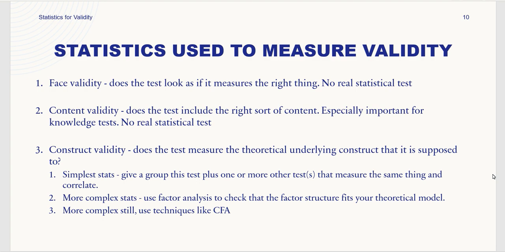Next is construct validity. Does the test measure the theoretical underlying construct that it is supposed to? क्या हम जो theoretical underlying construct है उसको मेजर कर रहे हैं, क्या वाकई ये इसको मेजर कर रहा है? इसमें सिंपलेस्ट जो हमारे पास स्टैट्स है वो है: give a group this test plus one or more other tests that measure the same thing and correlate. यानी कि हम इसको कोरिलेशन मेथड के थ्रू मेजर कर सकते हैं, जो सिंपलेस्ट फॉर्म है।